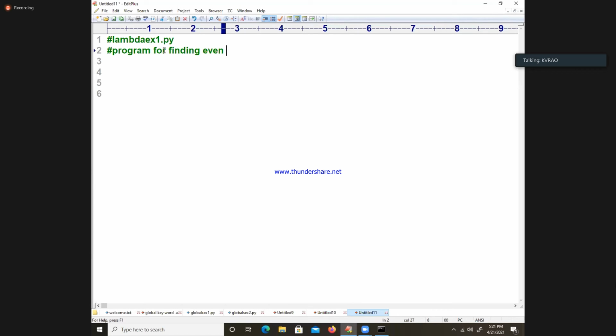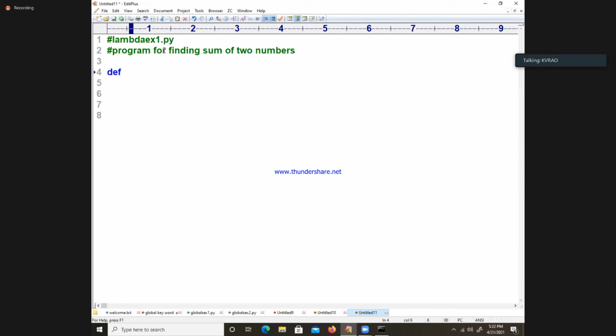Let me take a small example first: program for finding the sum of two numbers. A very small example. Then how do you define it normally?